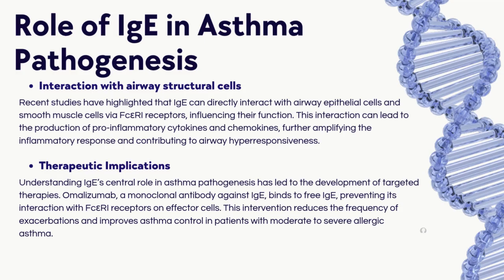Further, the last one would be therapeutic implications, where understanding IgE's central role in asthma pathogenesis has led to the development of targeted therapies. Omalizumab, a monoclonal antibody against IgE, binds to free IgE, preventing its interaction with Fc epsilon receptor 1 on effector cells. This intervention reduces the frequency of exacerbations and improves asthma control in patients with